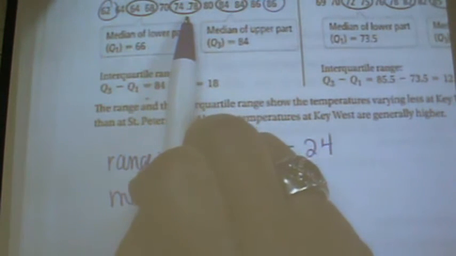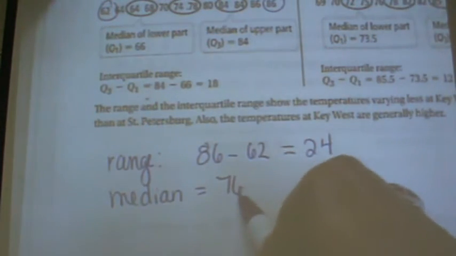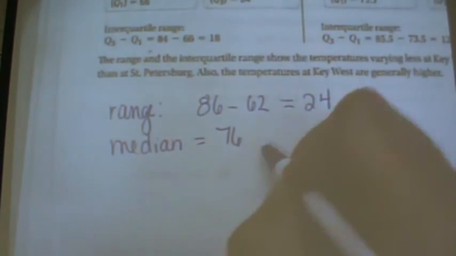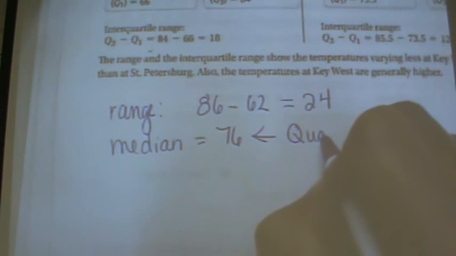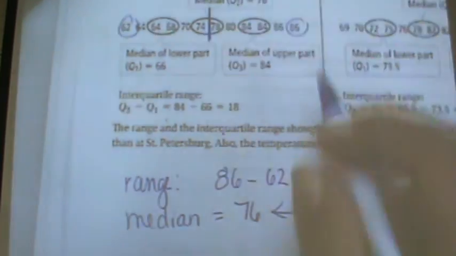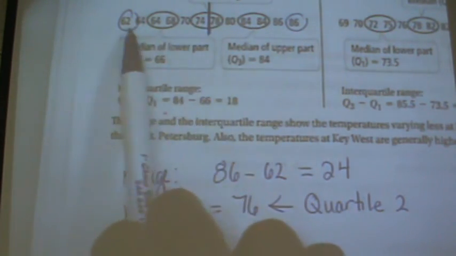The middle number, the median, in this data is 76. And how do you get 76? You take the two middle ones and add them up and divide by 2 because there's an even number. This middle number is going to be called your second quartile. Now, what you've done is you've broken your data into two parts, the lower part and the upper part. What you're going to do is find the median of the